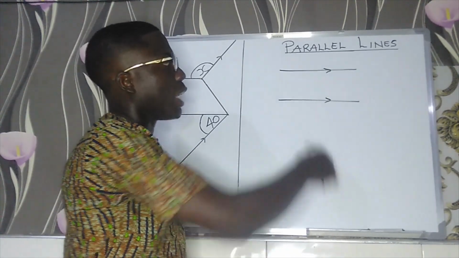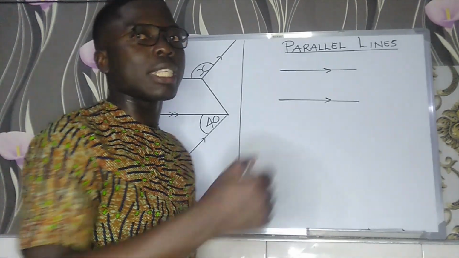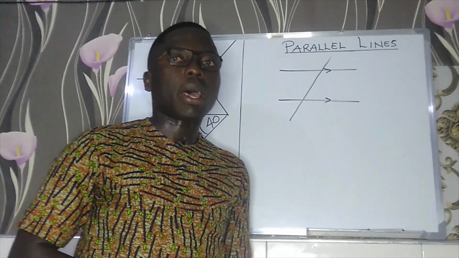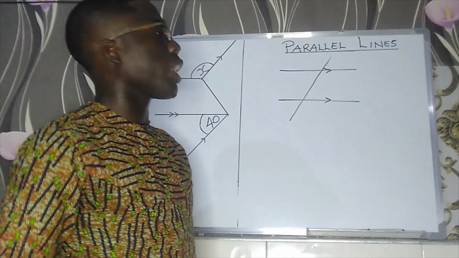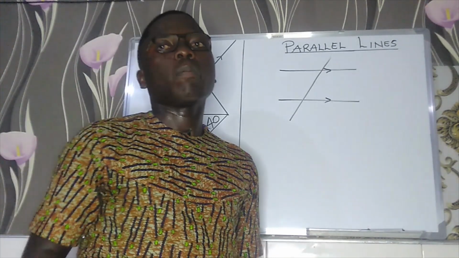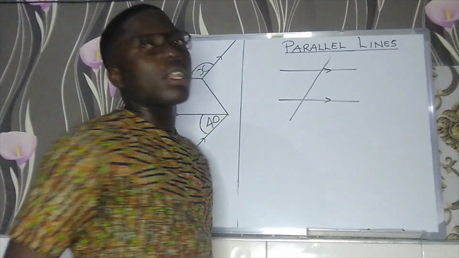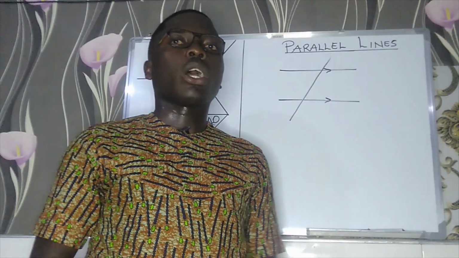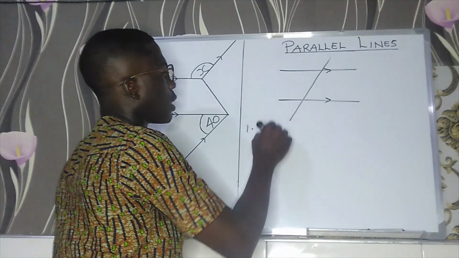So this brings us to the question, what is a transversal line? Whenever we have a parallel line, there should be a transversal line. And so a transversal line is a line that crosses or passes through two parallel lines. So whenever you see a line crossing parallel lines, then that particular line is a transversal line. Now, whenever a transversal line crosses parallel lines, some particular angles are formed, which are the opposite angle as the first angle,